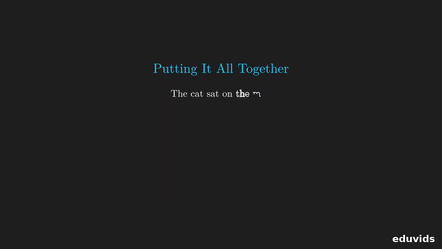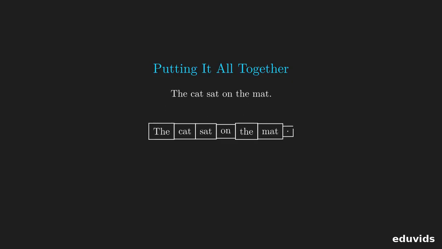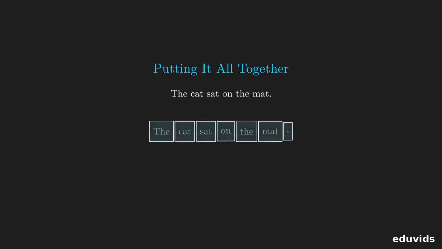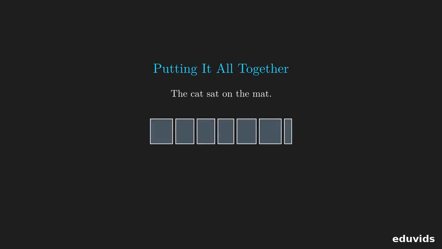Let's see an example with the sentence, "The cat sat on the mat." First, tokenization breaks it into, "The", "cat", "sat", "on", "the", "mat". Next, each token gets its unique numerical embedding. Then, using attention, the embedding for sat will adjust based on cat and mat, understanding the action. This means the model processes sat differently if it's "the cat sat on the mat" versus "the